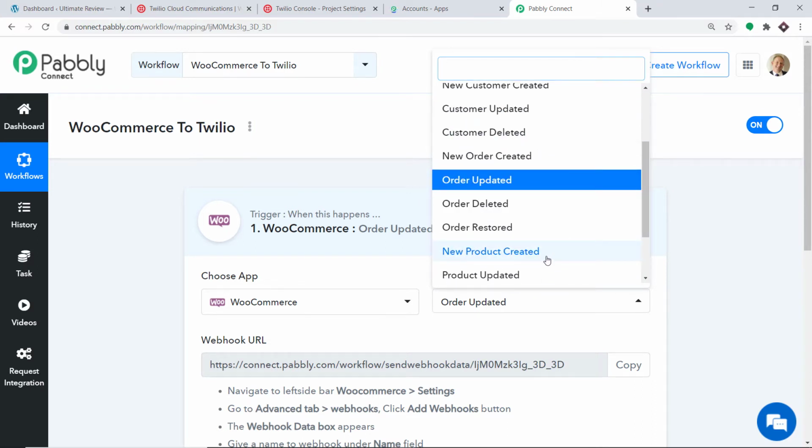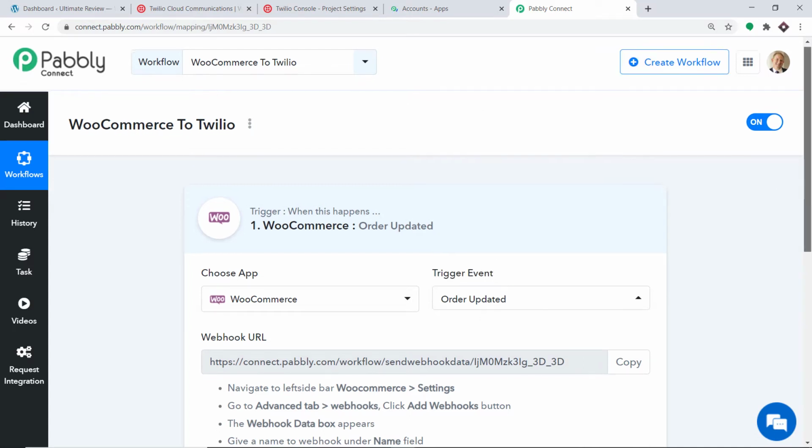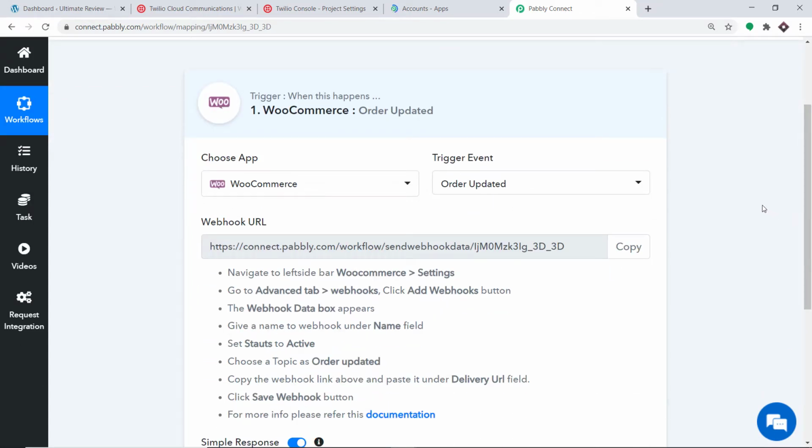So your obvious question is, what is a trigger event? Trigger is basically an if statement. It asks a question, if the condition is met, what should be done? For example, if the order is updated in WooCommerce, then what action should be taken by the system? At present, as you can see, we have a ton of triggers. However, in case you don't find the trigger of your choice, you can make a request to our team at admin@pabbly.com for the specific trigger that you want to build. But at present, I just want to send the data when a new order is updated in WooCommerce. Okay, so basically the gist of the process is, we are just trying to integrate WooCommerce to Pabbly Connect.